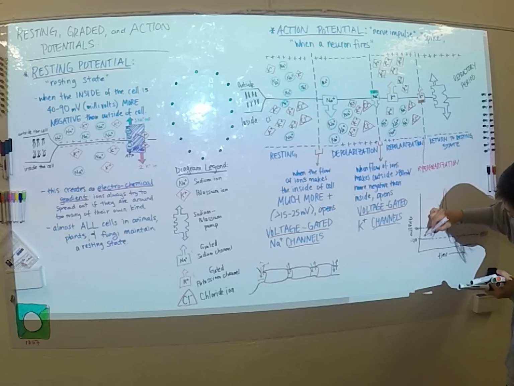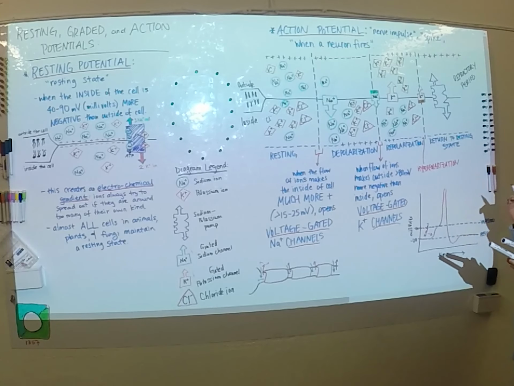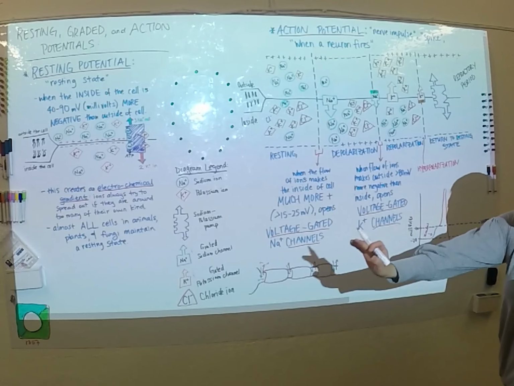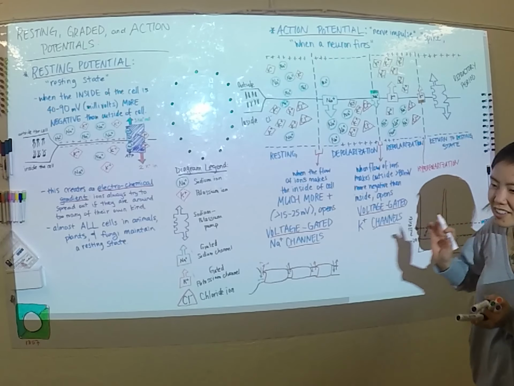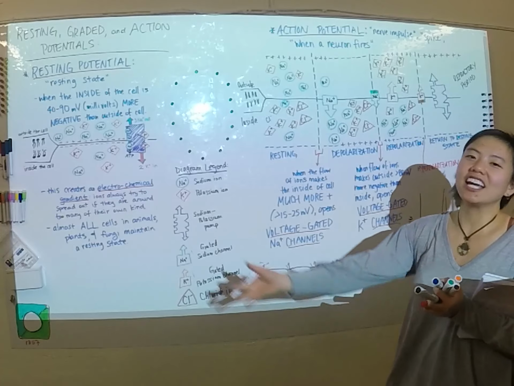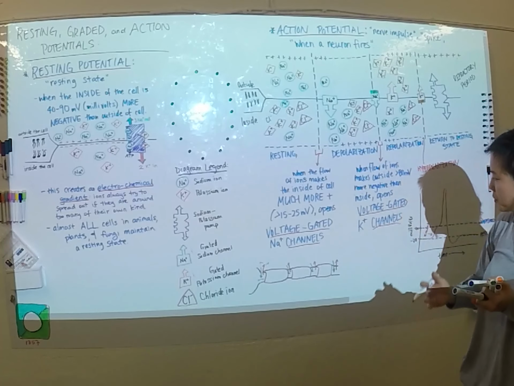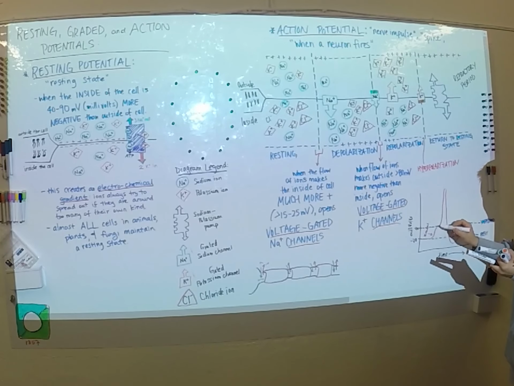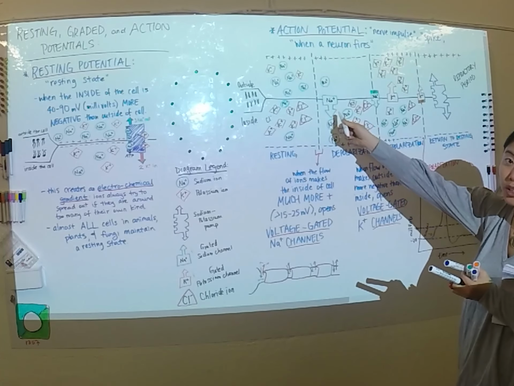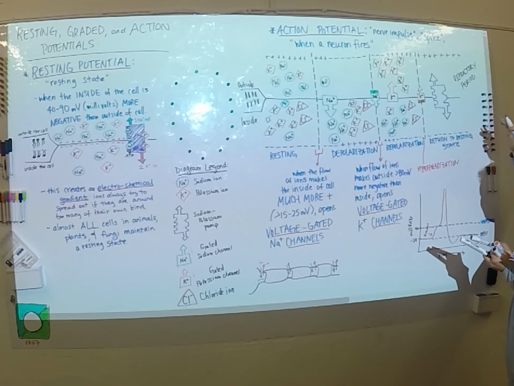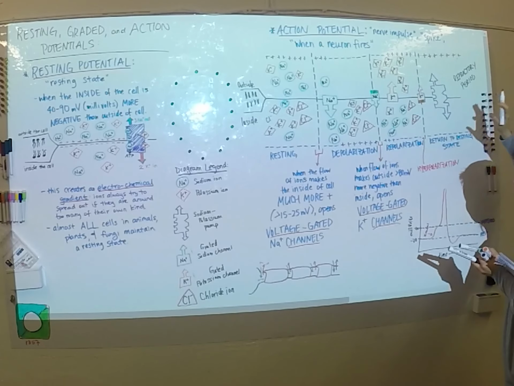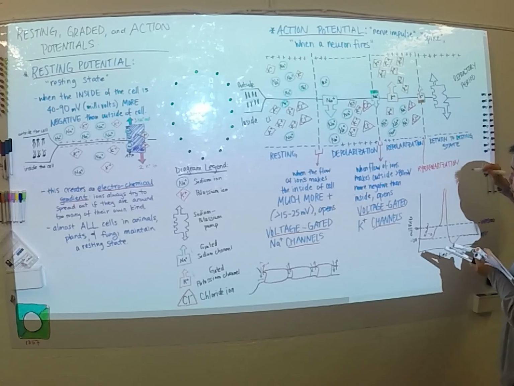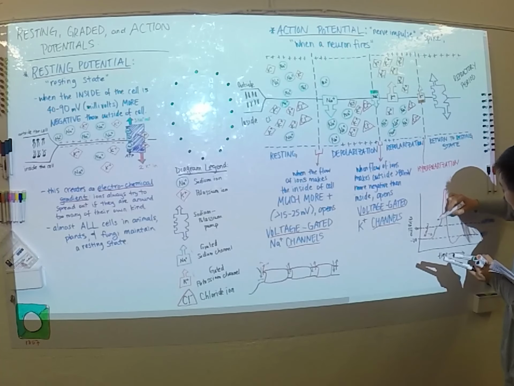Stimulus just means something that initiates an action, okay? So that causes it to bump up to the threshold, and as soon as it hits the threshold, all the sodium channels open up in this chunk of the membrane, and so we reach